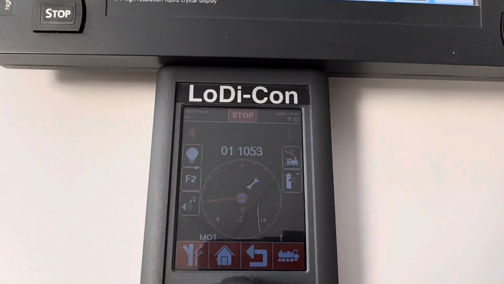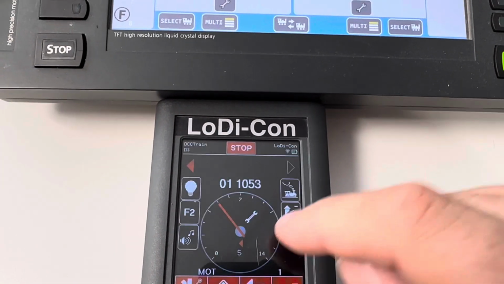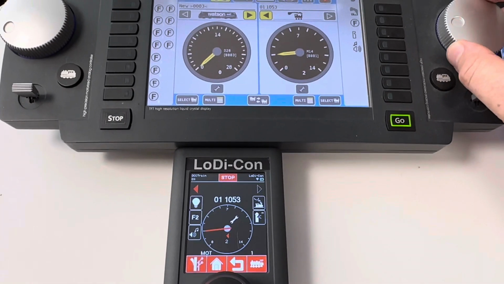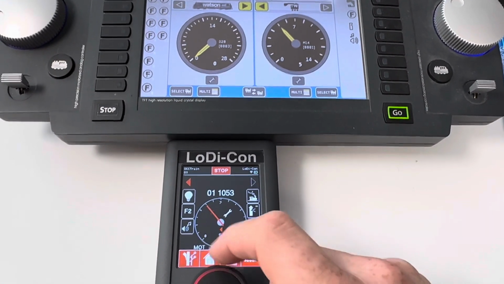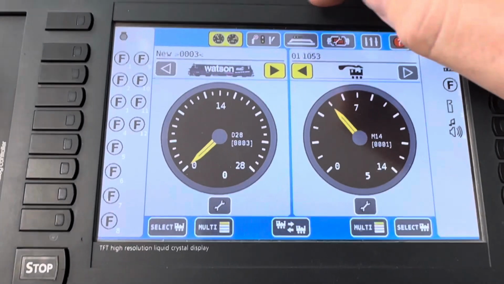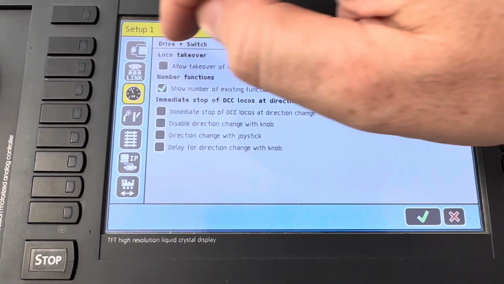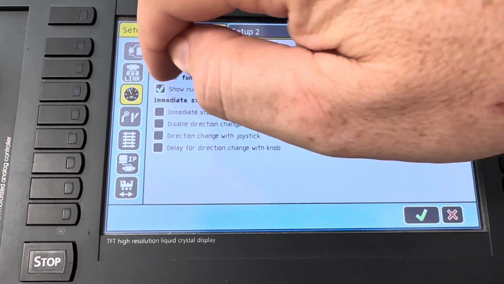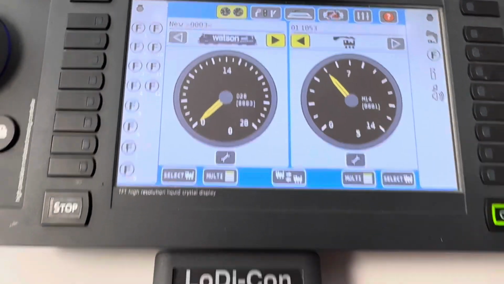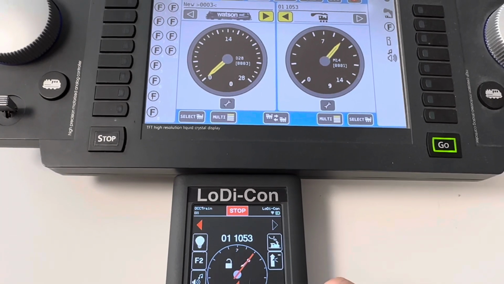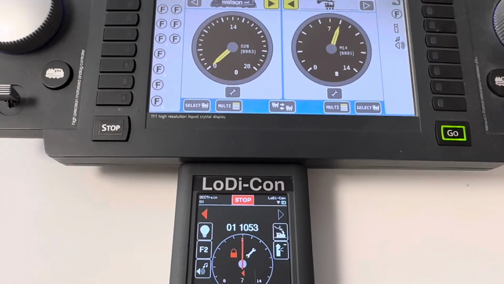So here's one of those locos in the ECoS. You can see the throttle moving as I'm controlling it via the ECoS. But I cannot drive it from the throttle because that mode's not set right. So we go back to settings, allow takeover from other throttles, and now I can drive it in the ECoS and the LoDi-Con at the same